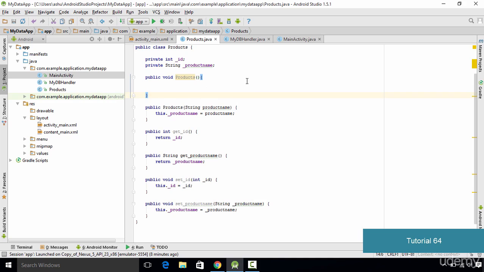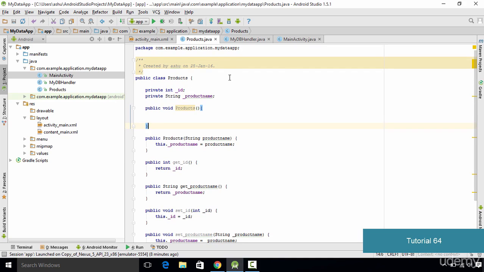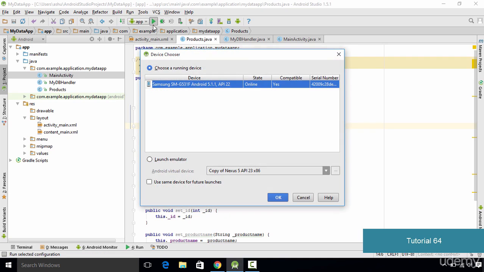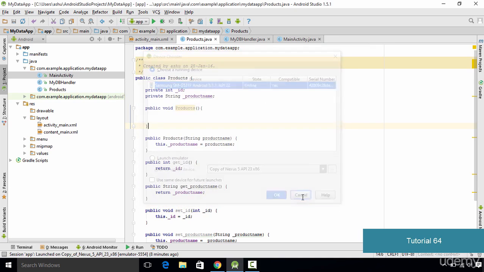But for production purposes or development purposes, what you need to do is actually connect your device to your computer. So basically you need a USB cable in order to connect your phone with the computer, but there are a few things which you need to take care of after you are done connecting it. Whenever you are done connecting and when you click this button right here, you are going to get your device right here. But in many cases it is possible that you won't get this option, and in that case